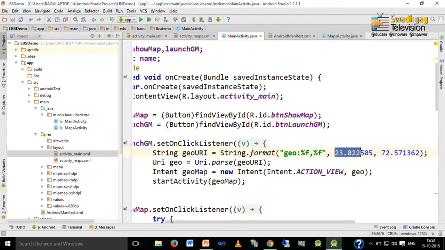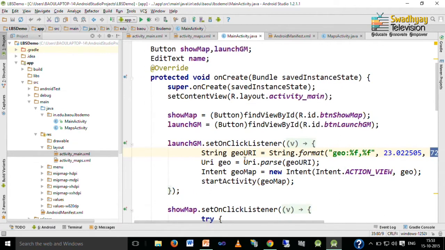This is the latitude and this is the longitude for Ahmedabad in Gujarat state of India. So, this GeoURI represents the URI of our city Ahmedabad, and then I created one URI from this URI string using the Uri.parse method of the Uri class, and then